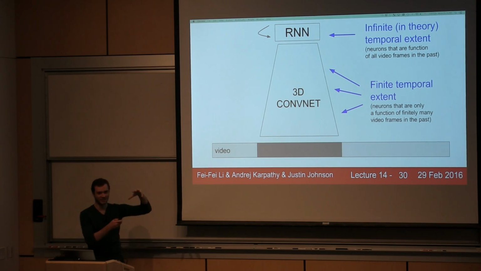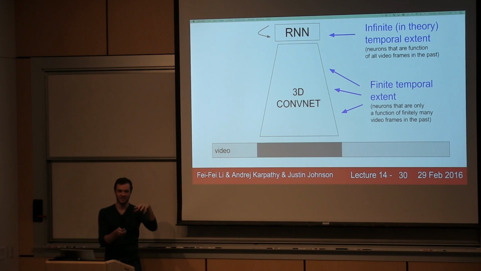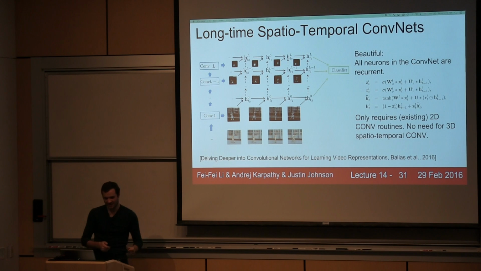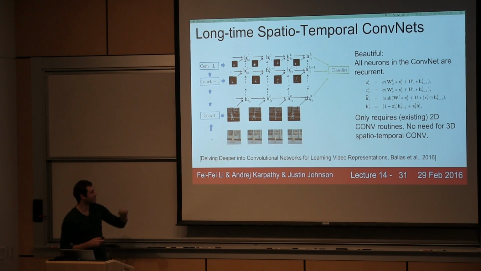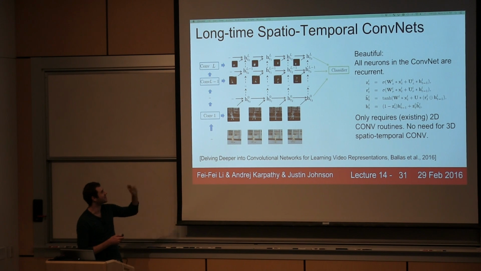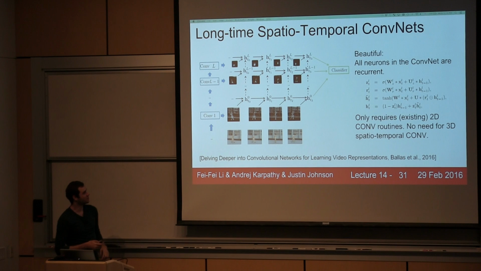We're going to basically take a ComNet, and we're going to make every single neuron in that ComNet be a small recurrent neural network. Like every single neuron becomes recurrent in the ComNet. Okay? So the way this will work, and I think this is beautiful, but their picture is kind of ugly. So I'm not sure if this makes sense. So let me try to explain this in a slightly different way. What we'll do instead is,